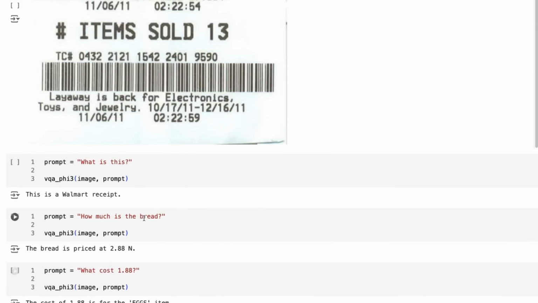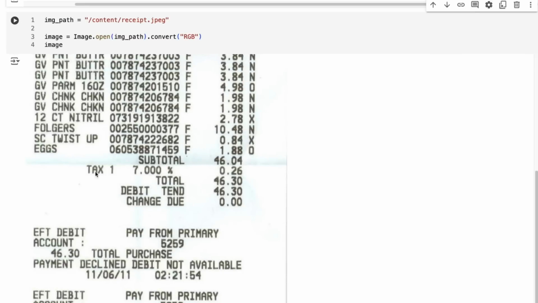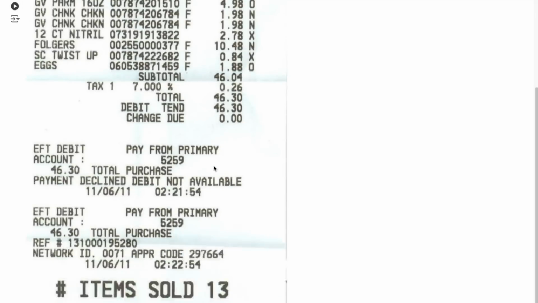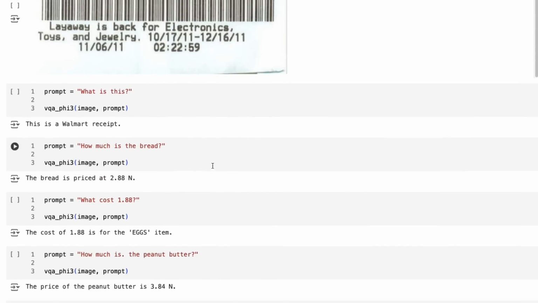What cost $1.88? So it says the cost of $1.88 is for the eggs item. Sure enough, $1.88, the only thing with $1.88 is the eggs. So it's getting that right. And at this stage, I'm starting to think, the next one I asked is, okay, how much is the peanut